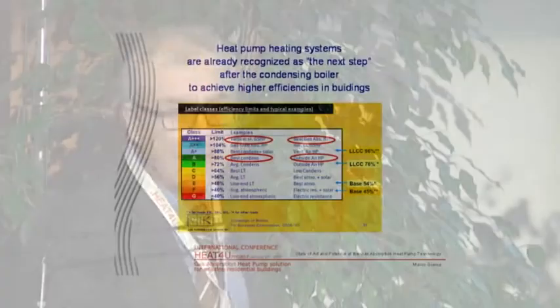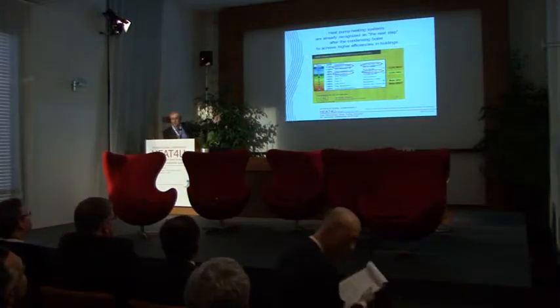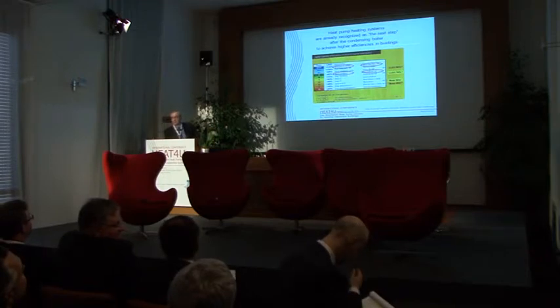This is a technology ranking done by the European Commission, and at the A level, we see the best condensing boiler, classified as A, and we see at the same level the air source heat pump, which means the renewable is outdoor air, compression heat pump, mechanical energy-driven heat pumps. But at a higher level, we find ground source mechanical-driven heat pumps, which means geothermal electrical heat pumps, but also the best gas absorption heat pumps. They have already been recognized as the maximum energy